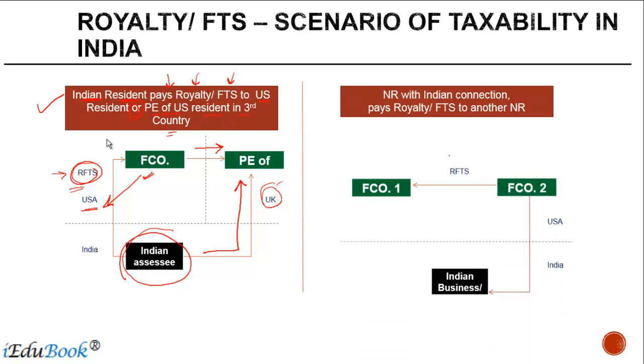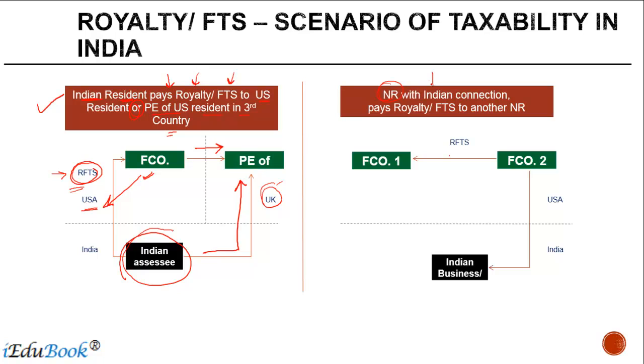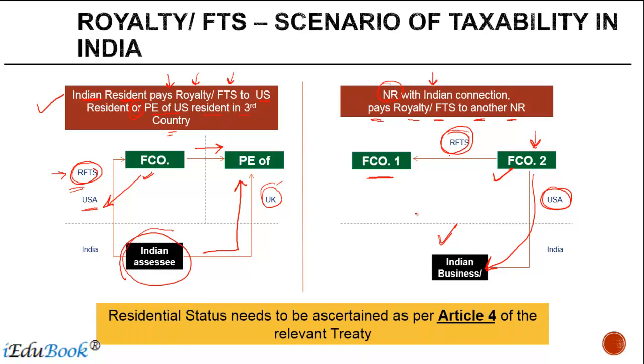The second situation could be that there is a non-resident who has an Indian connection and he pays royalty or FTS to another non-resident. So we have a foreign company which makes a payment of royalty and FTS to another foreign company. These two companies are based out of US, but the company which is making the payment has a business in India. If this royalty is paid in connection with this Indian business, this could accrue or arise or be deemed to accrue or arise in India. Now, when I say a non-resident, the residential status of the foreign company, whether this company is foreign or not, needs to be ascertained as per Article 4 of the relevant treaty,